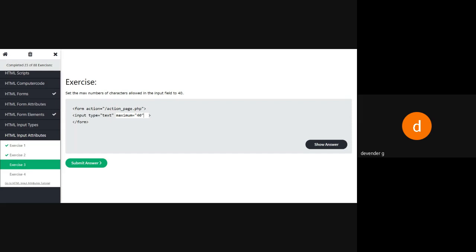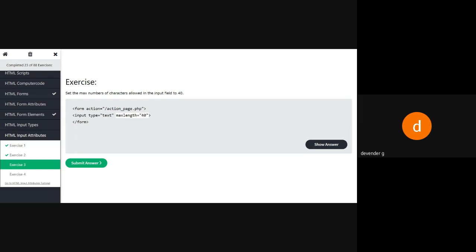So it should be size, I think. I'll check it. Okay, it is maxlength. So I have to specify maxlength is equal to 40.